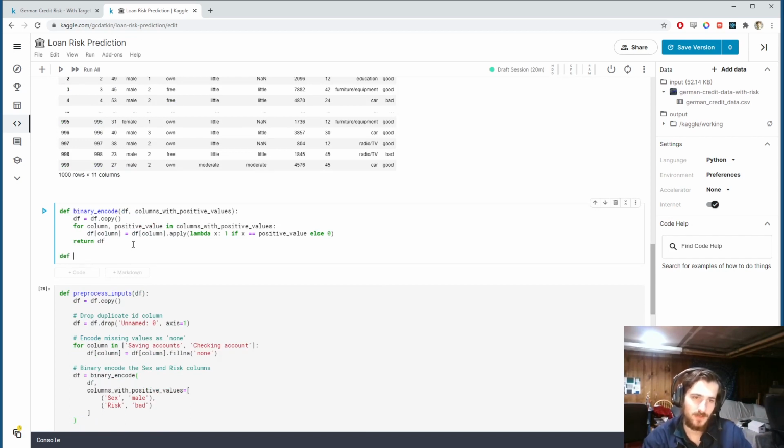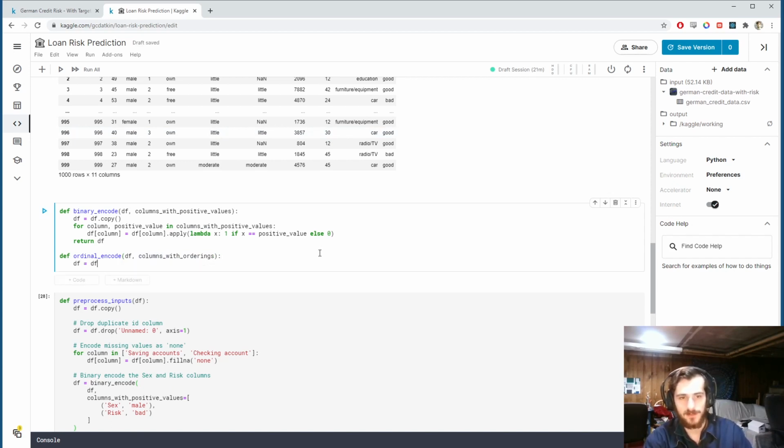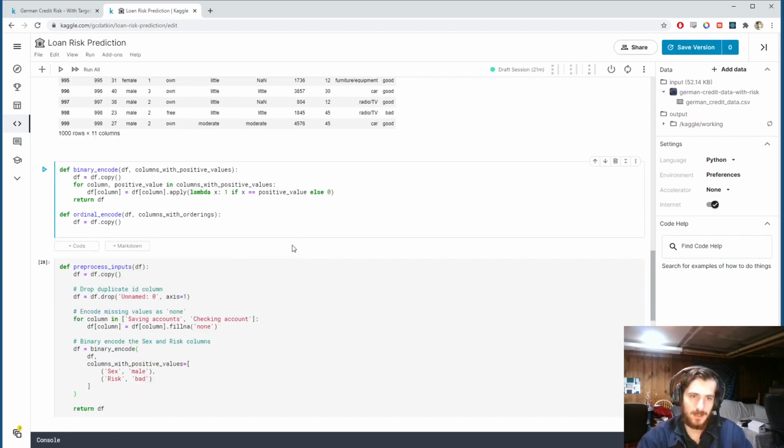We're going to create a function called ordinal encode. It's going to take in a data frame, and this time instead of passing in a list of tuples with the columns and positive values, I'm going to pass in a list of tuples with the columns and orderings. So we're going to specify the order that we want for the column and pass it in along with the column name in a list of tuples. So we'll start by creating a copy of the data frame again. And now for every column and ordering in this list of tuples,